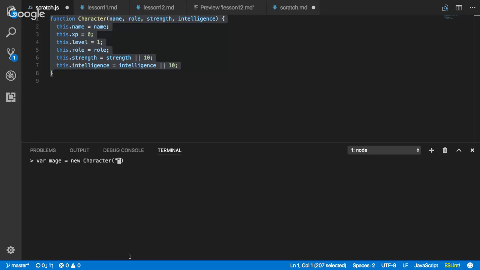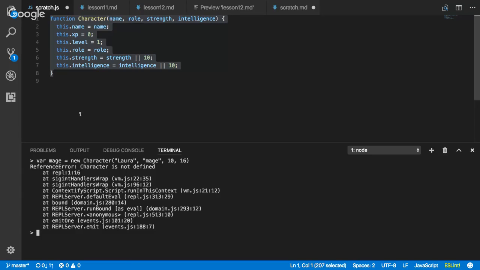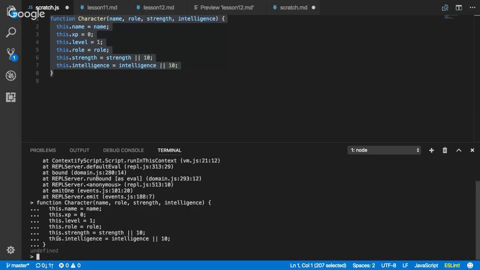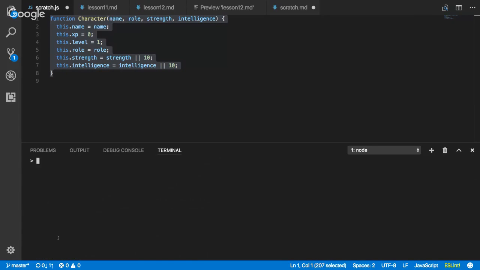So what should be the name of our mage? We're gonna go back to Laura. This is Laura again. And the role is mage. And the strength, just average, but this is a mage, so we have to have pretty strong intelligence, right? Look, I never actually copied this code and ran it down here, so it didn't exist. All right, let's try this again. We're going to create our mage now. All right. And now we've got a mage